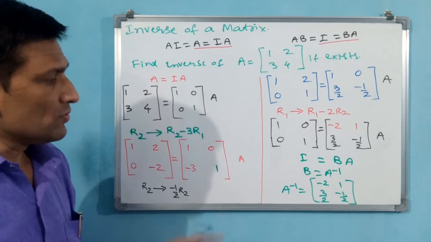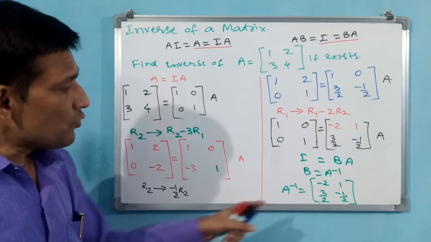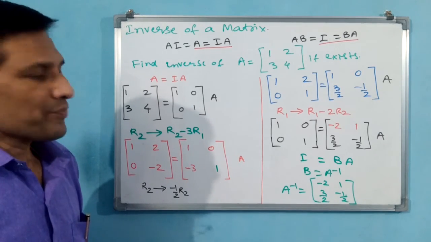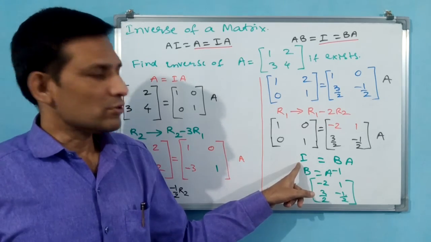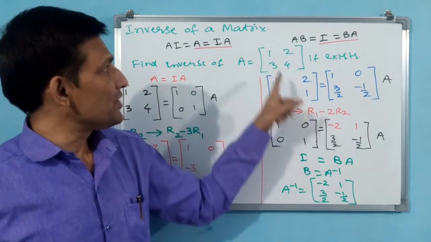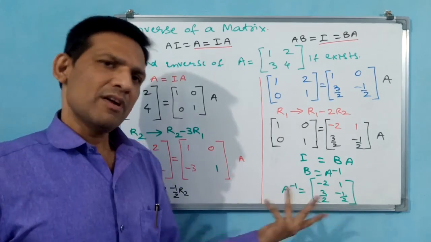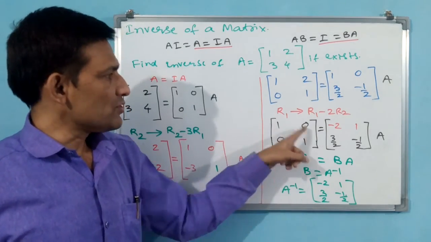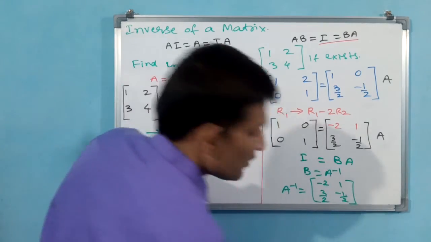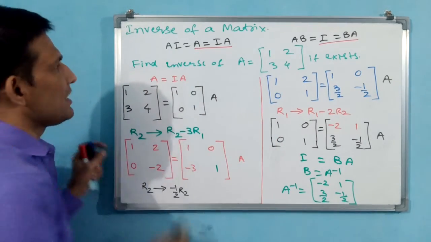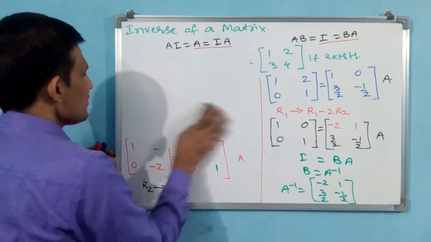Very carefully you have to do this. How do you know that this is finally correct? BA, if you multiply, automatically A has to come. I has to come. You see, you multiply this with A, AB or BA. Both you can do. Then 1 0 0 1 has to come. Let me do here. Verification I am telling. See, your question is over, but verifying I am telling.